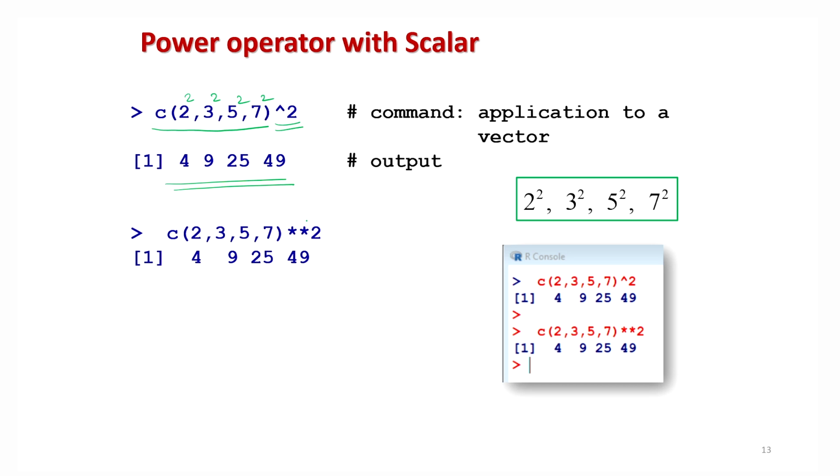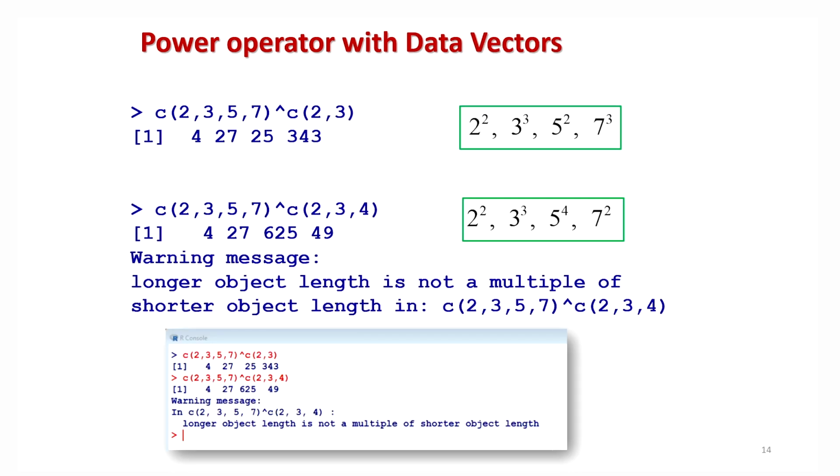And instead of a hat, if you use 2 stars here, that will also give you the same outcome. So you can see, just like other operations, this power operator is going to work on each and every element in the data vector, right? Similarly, if you take 2 data vectors, one of length 4 and another of length 2, then this operation will happen here. The 2 and 3 will come here, and once again it will repeat as 2 and 3, and this is the outcome, right? So this operation is being operated here.